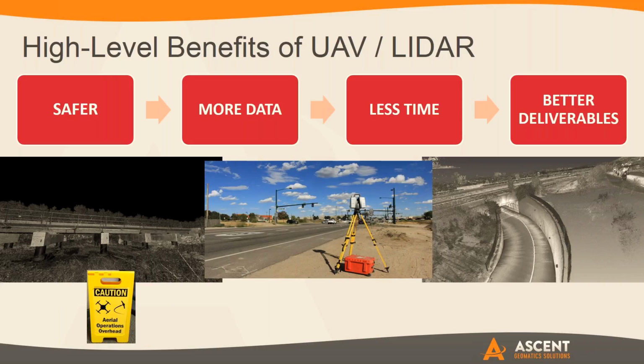And then more data. Ultimately we're able to collect a lot more data than conventional surveying. I do want to mention, before I move forward, that there's a conventional survey aspect to all of this. We are a conventional survey firm, so that's how we look at all these projects: we're performing a survey. But what we're able to do is gather a tremendous amount of data that we never would be able to get, or nobody would want to pay for, I'll put it that way, if we were doing it conventionally. You're talking about collecting 1,000 acres in a few hours. There's no way you'd be able to get topographic data on 1,000 acres in a few hours.